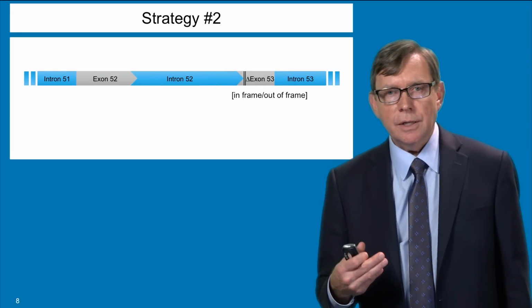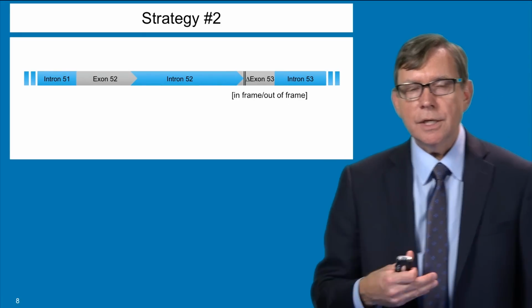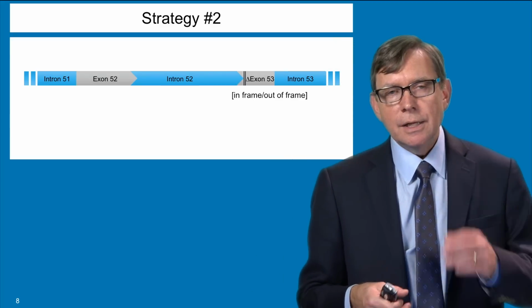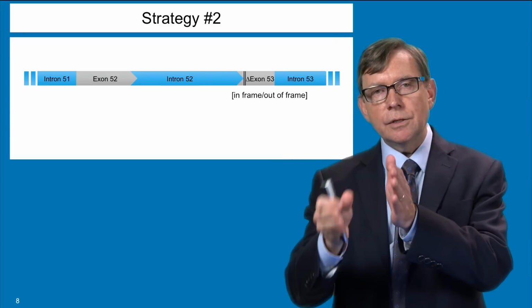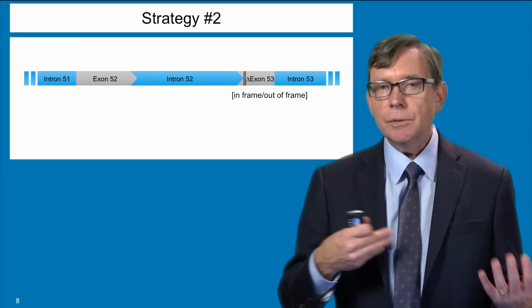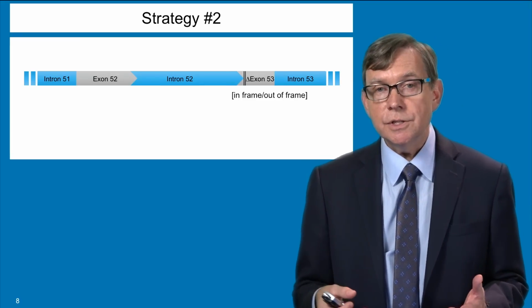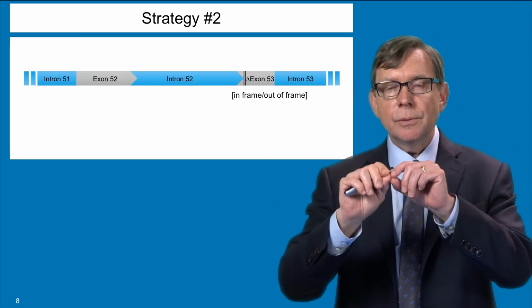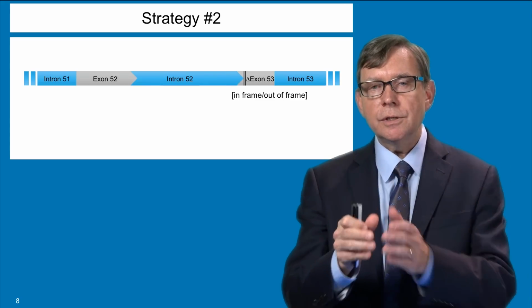Now, another thing that can happen, which we're testing for simultaneously, is that by clipping the gene on either side of the mutation, you then allow the natural DNA repair machinery that's present in almost every cell to come back in and try to repair this clip that you've put into the gene.